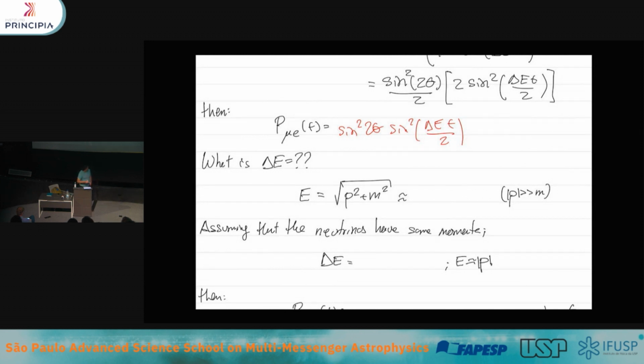So the neutrino energy, like the relativistic energy in general, is given by this, right? And so that means that the neutrino energy is approximately equal to the momenta, here I mean the magnitude of the momenta, plus m squared divided by 2 times p. Okay, assuming that the momenta of the neutrino is much larger than the neutrino mass, which is true for all purposes. Essentially, it is always true because neutrino masses are, as I was saying, less than an electron volt.